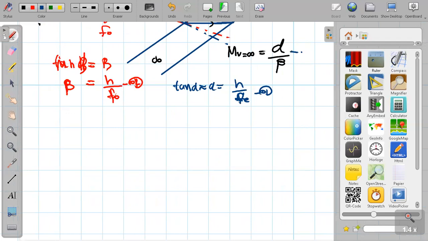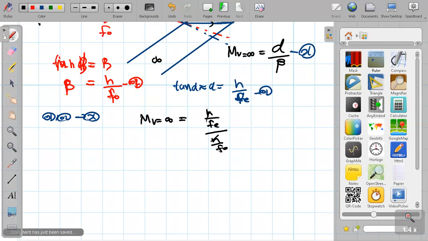This is the equation x for this case. So I'm going to apply equation 1 and 2 on x. So finally I'm getting mv is equals to infinity is equals to what is alpha? H over fe divided by h over f o. H and h cancel off. I finally get very simple equation mv equals to infinity equals to